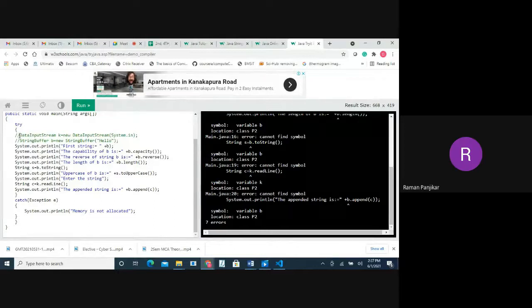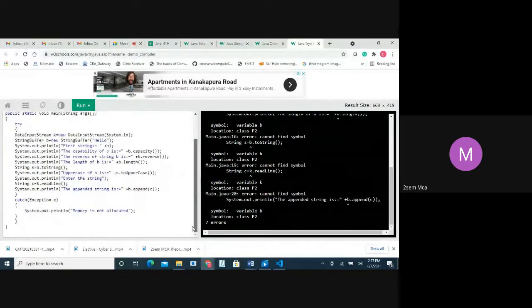Ma'am, it is just to show us what might be the possible error in the program. Ma'am, but it is not printing the last statement. Yes, because I have not printed E. I have created an object, but I am not printing E. Okay, got it.